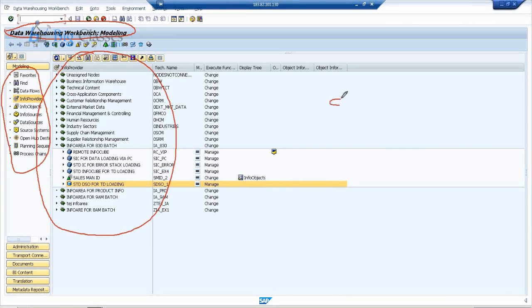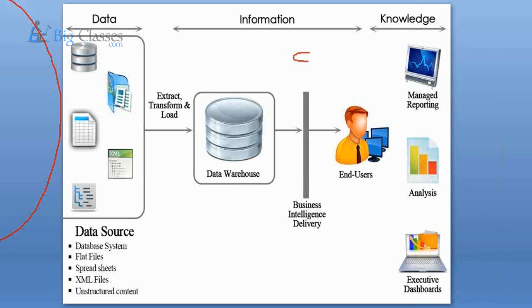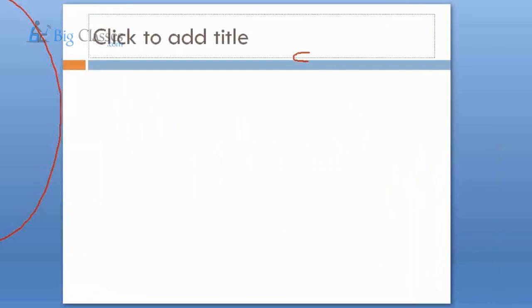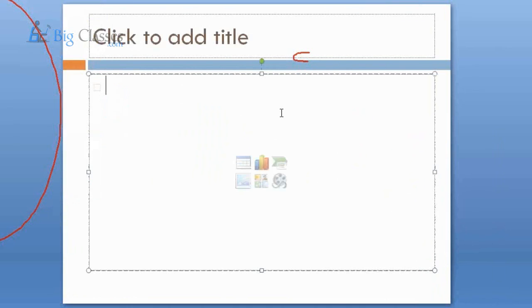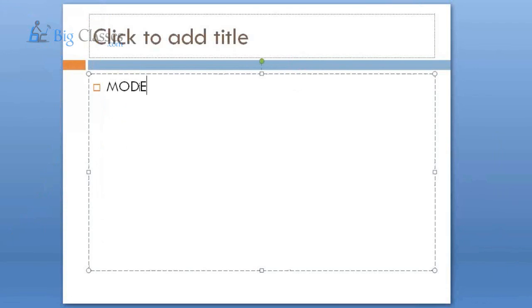Okay guys, now let me explain to you the structure. The program, your course, has been divided into 3 parts. Let me give an explanation to you. The first one is going to be data modeling, then extraction, then reporting. In data modeling, we're going to explain all the modeling concepts here, and we